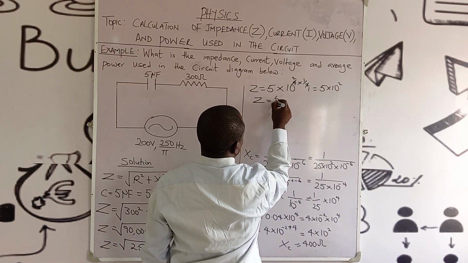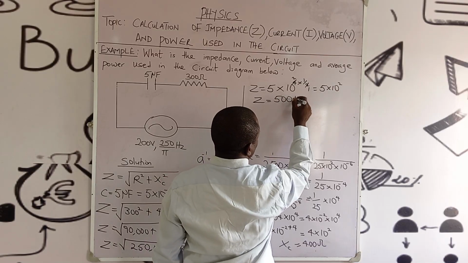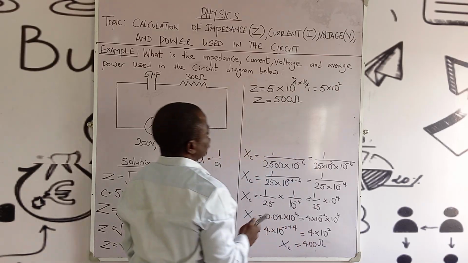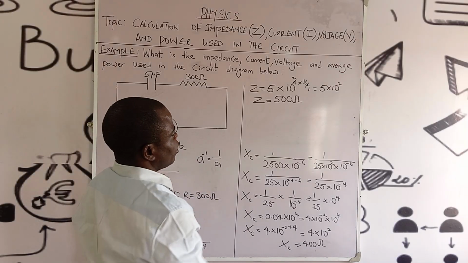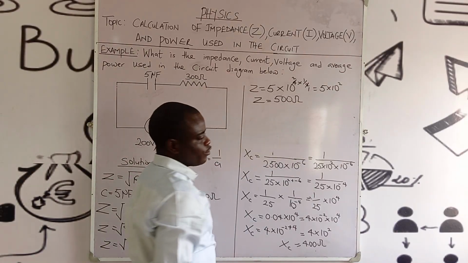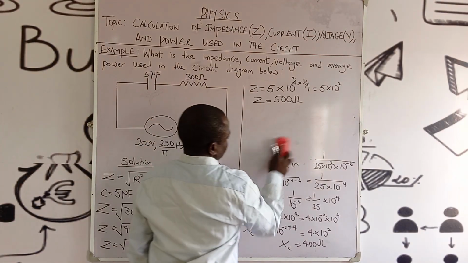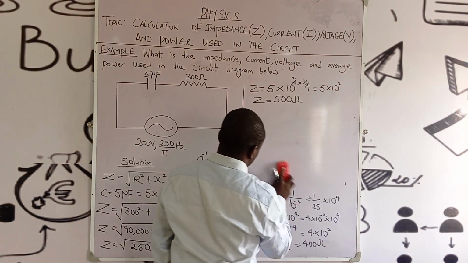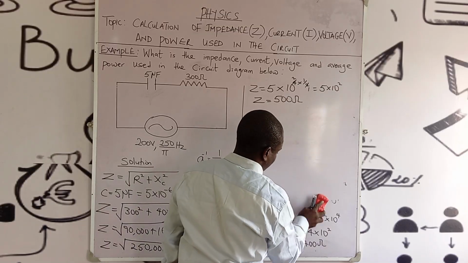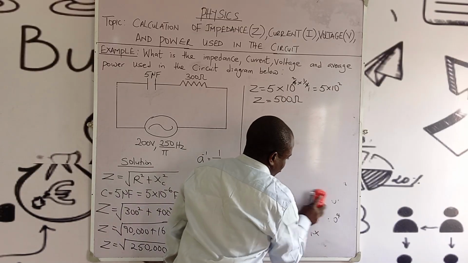Impedance now equals 500 ohms, because 10 squared is 100, and 100 times 5 gives us 500 ohms. That's the overall opposition to the flow of alternating current. Now let's go to